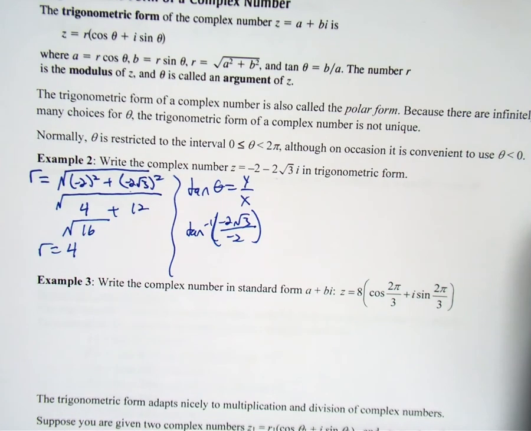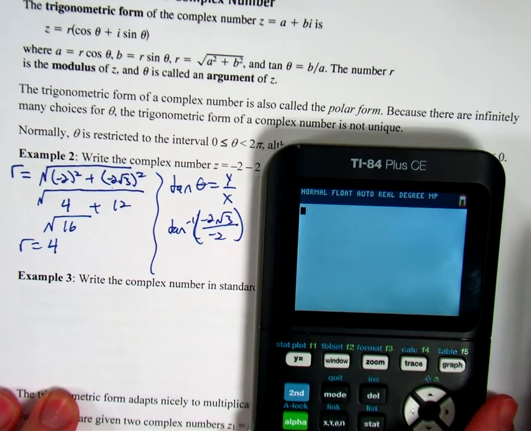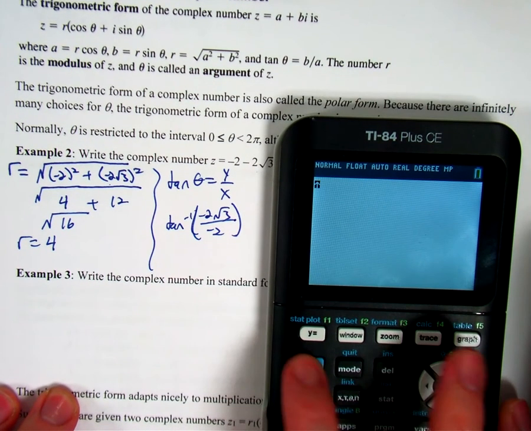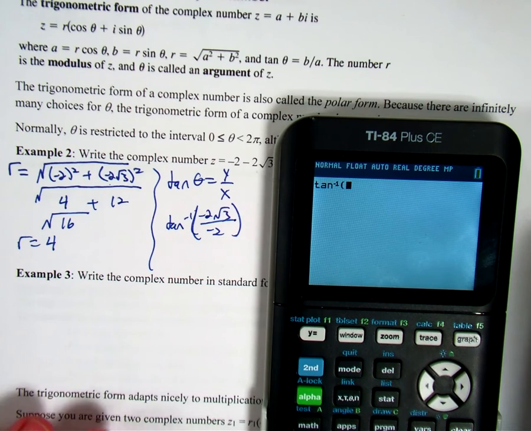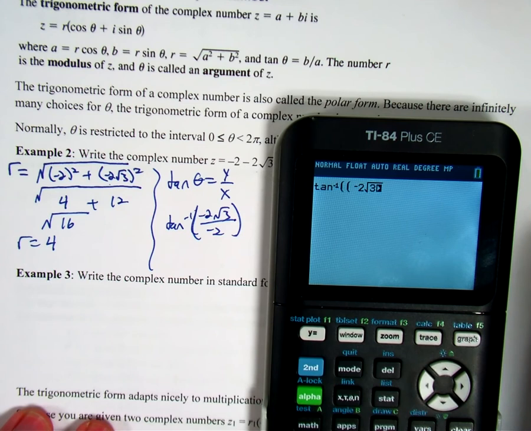Calculator's back here. Second tan. Another set of parentheses just to be safe. Negative 2 radical 3 divided by